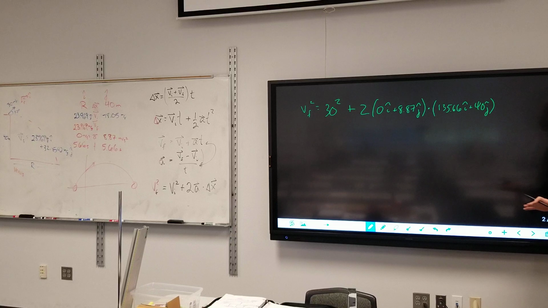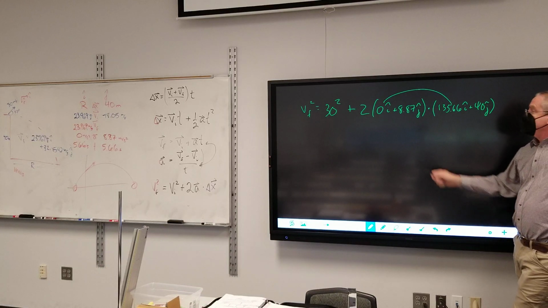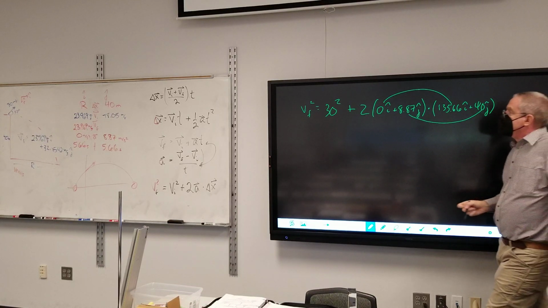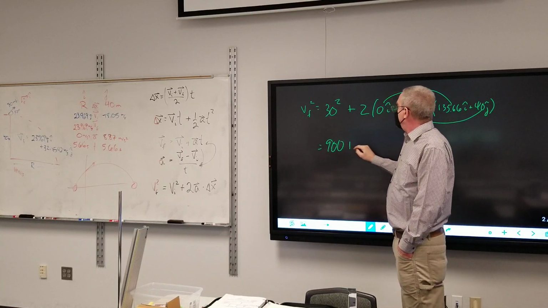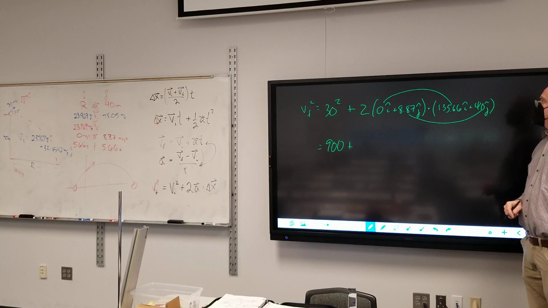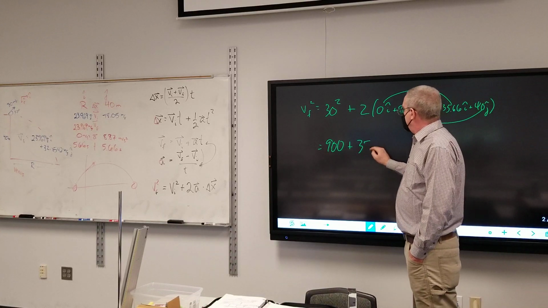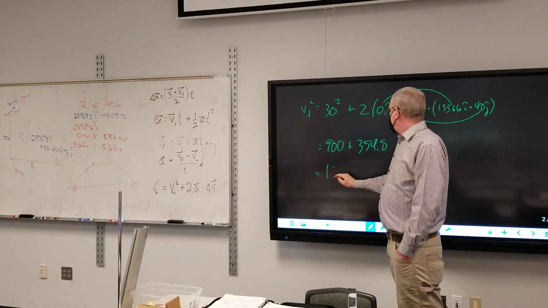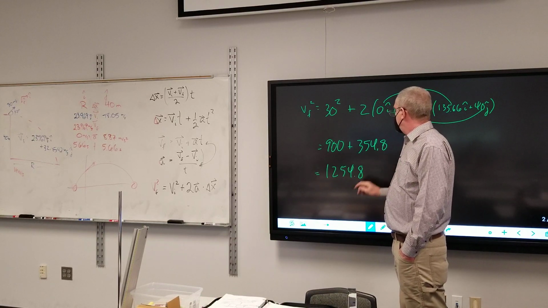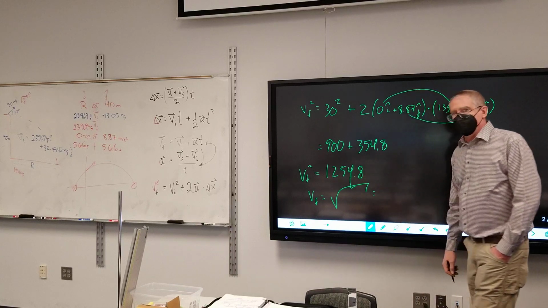Personally, I don't find this the easiest way to find the final speed, but it is legitimate. So now when I'm doing the dot product, I multiply the I hat pieces together, 0. I multiply the J hat pieces together, I get something magical. So this is equal to 900 plus 2 times 8.87 times 40. Like 350? 354.8. 1254.8. And so VF is the square root of that, which is